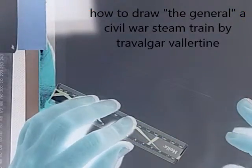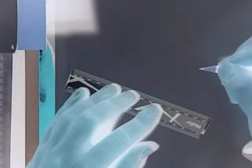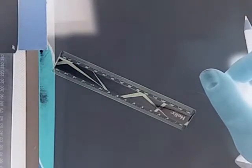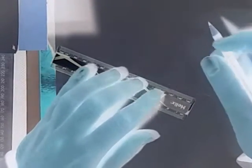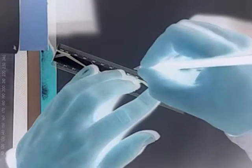How's it going today? Today I'm going to be doing another vehicle. Today's going to be a little bit different than the cars and stuff I've been drawing. Today's going to be the Civil War hero called the General, which is an old steam train from America. I thought it'd be something different to draw, especially from the vehicles that I've been drawing. It's mainly been cars and stuff, so